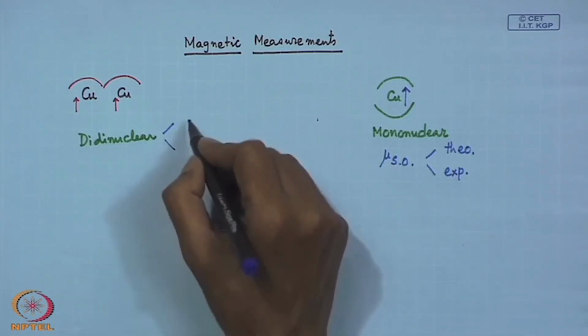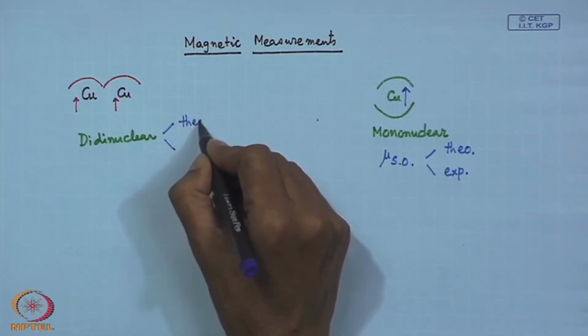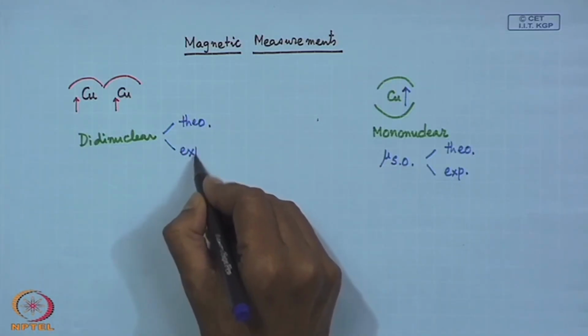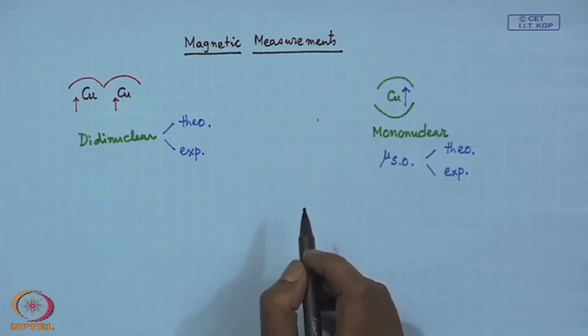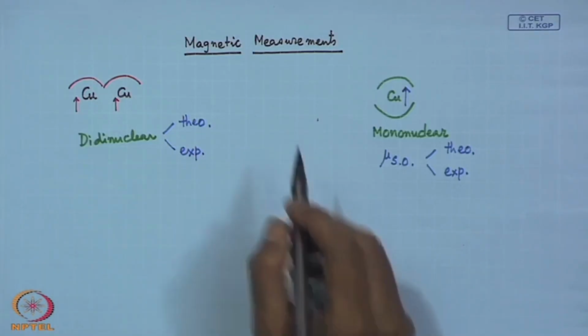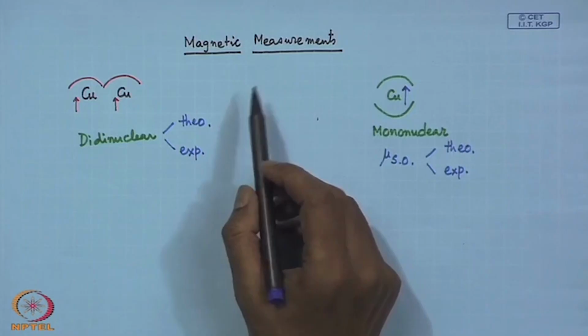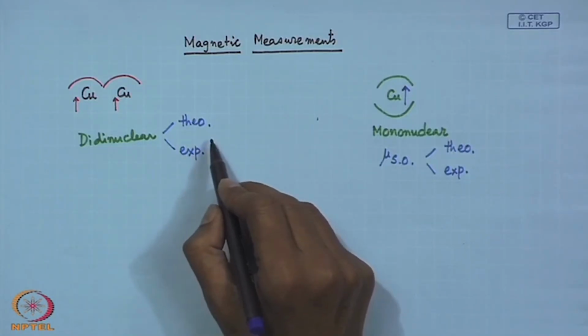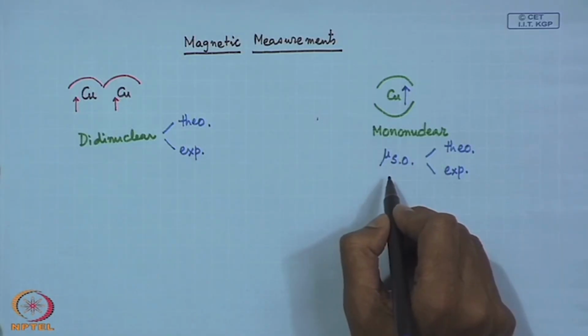Similarly, here also we can have the theoretically predicted one and the experimentally determined one. So, in today's class, when we go for these typical measurements, initially we can consider that theoretically we can have some idea about the total magnetic moment,